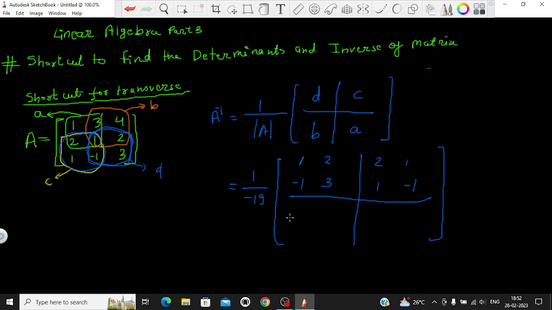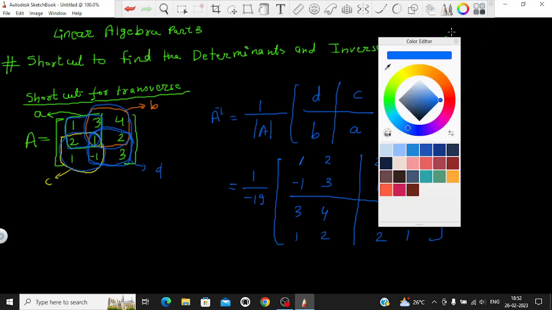Now similarly B is 3 4 1 2. These are B. So I just wrote the B values, and A. All these 4 values are A: 1 3 2 1, 1 3 2 1. Okay, I just wrote them. Now what I will do here,